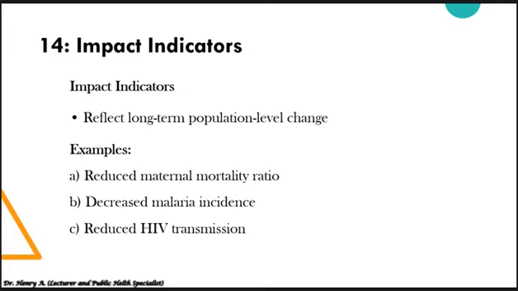For example, we see the reduction in maternal mortality ratio. Women don't die like it used to happen before. The rate of death of women during delivery has reduced. We have the decrease in malaria incidence. That has also improved. Now you've seen that the number of malaria incidents, people coming down with malaria disease, has gone down. Why? Because they now use the mosquito nets. They ensure that they have mosquito nets, doors, and so on at the windows, all in the bid to prevent